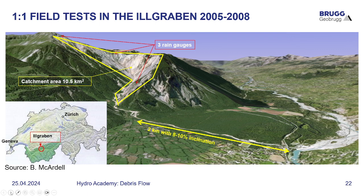We put rain gauges up there, and we put a bunch of geophones, different measurement devices to detect motion. And they got it to a system where we knew when it was raining up top how long or how much time it would take before we had a debris flow down below. Geophones give us sort of a sense. See, you can't have your machines or your instrumentation running all the time, right? You have to respond within a couple minutes or hours once it starts raining and get ready to start monitoring